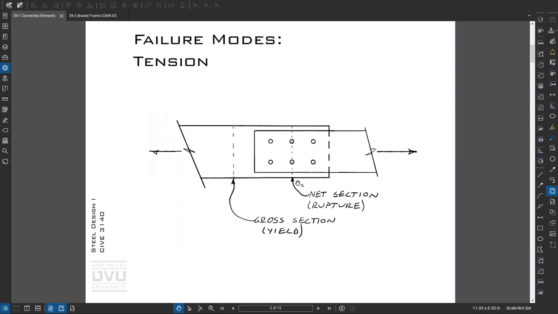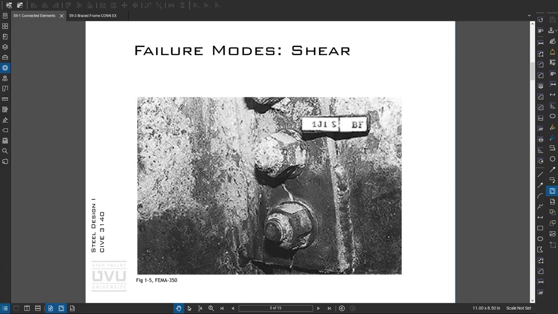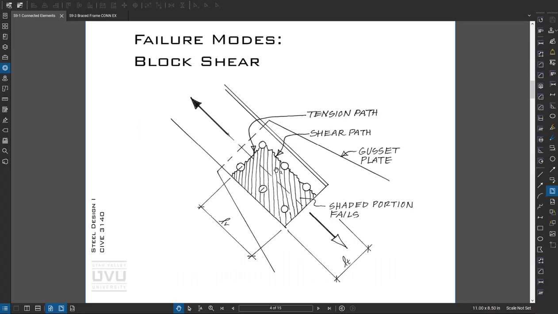So failure modes. There's a variety which actually very closely parallel the failure modes we've already been looking at in members. We can now apply basically those same concepts to the connected elements of a connection, the little plate and angle bits. So failure modes in tension, we have net rupture and gross yield. Shear, block shear is kind of the new one, where you have a hunk of the material that rips out, a portion fails in tension, and a portion fails in shear. We'll focus on that for this